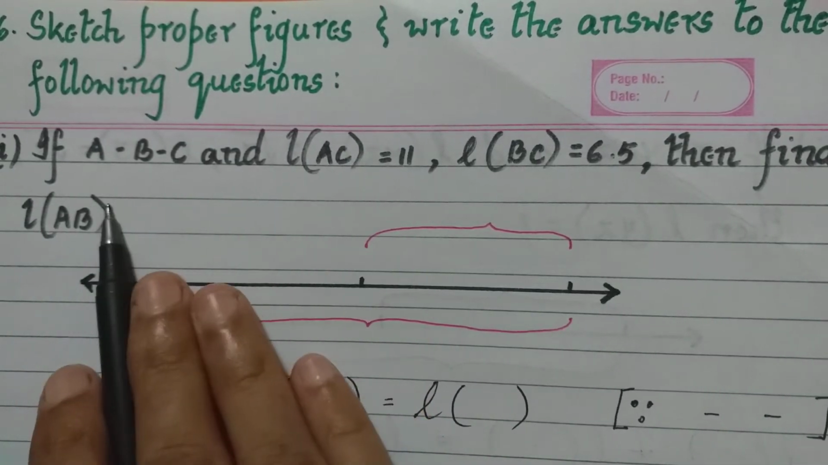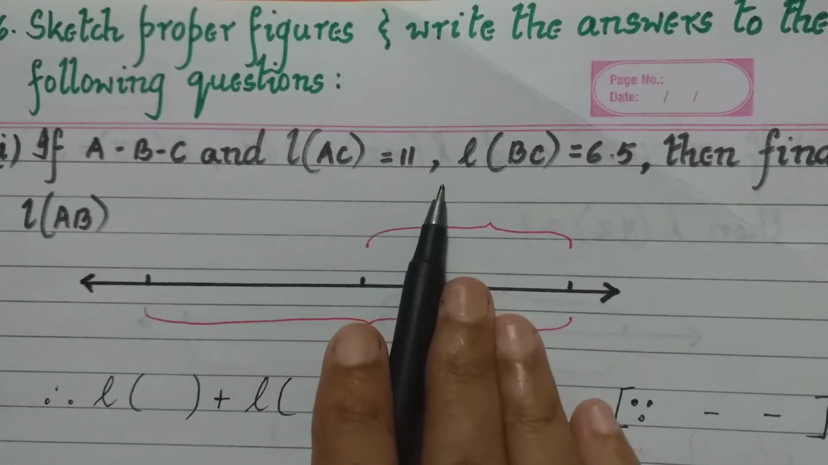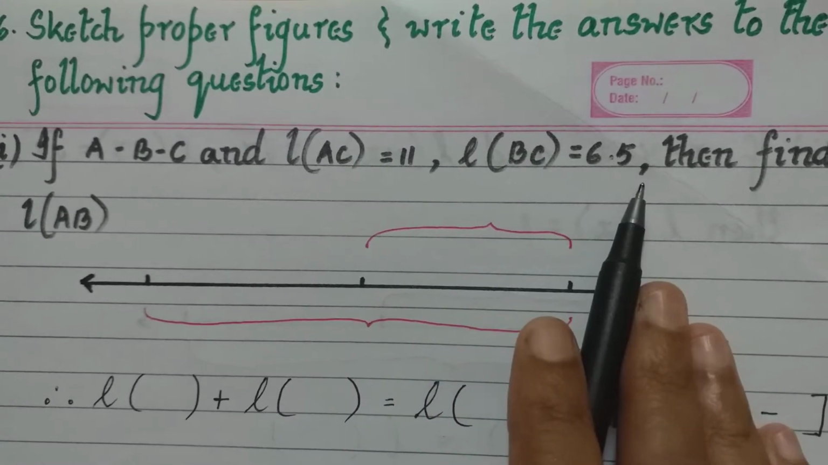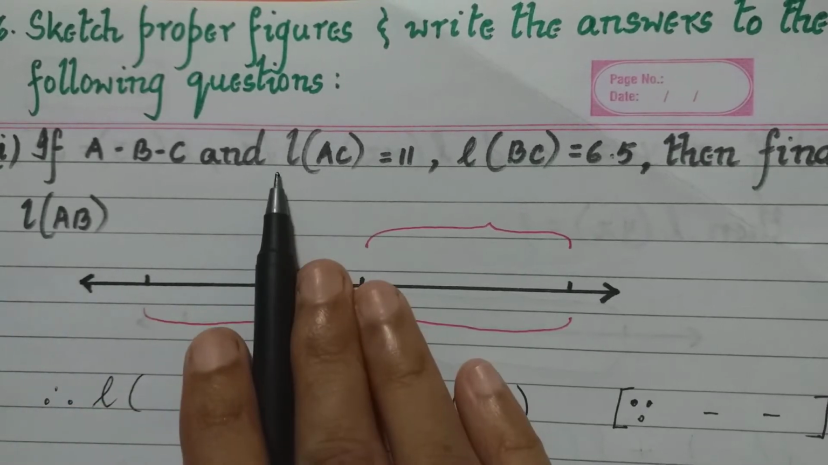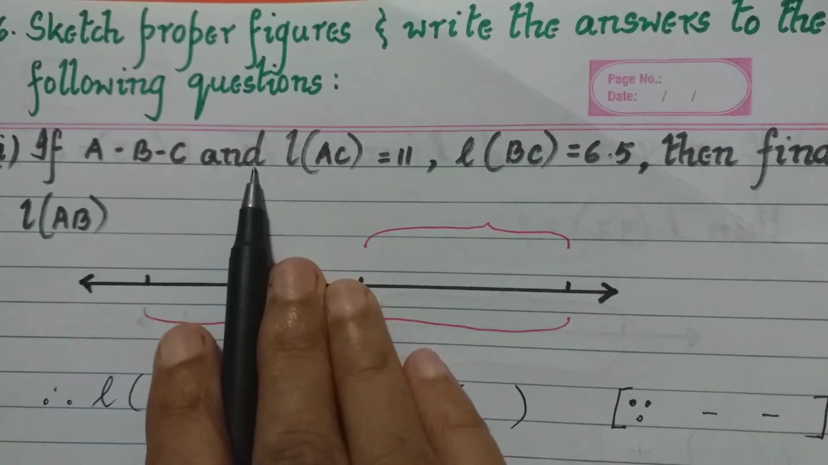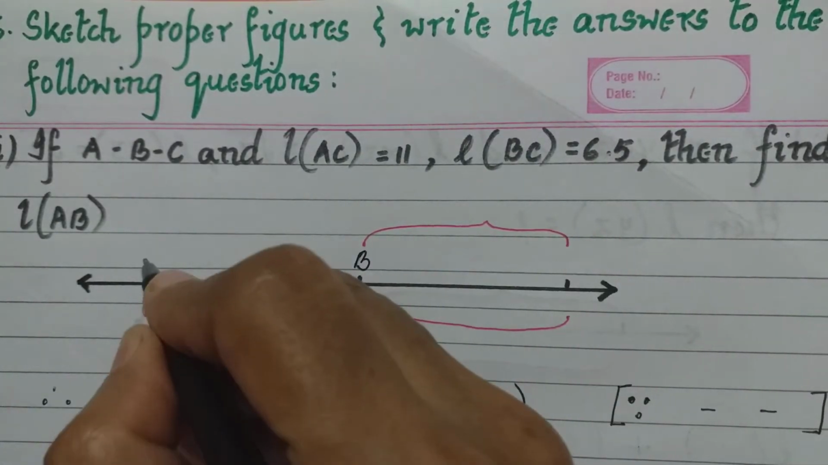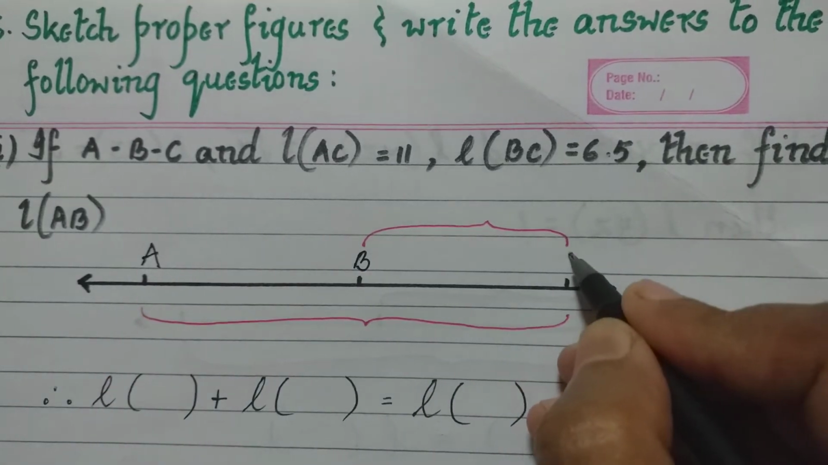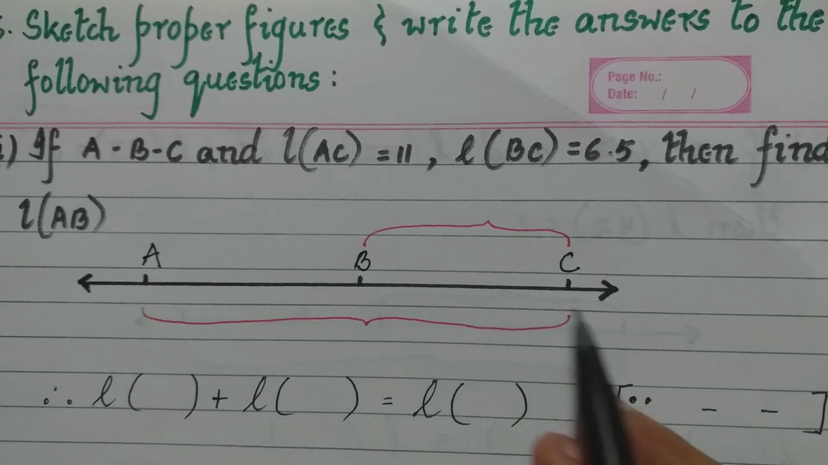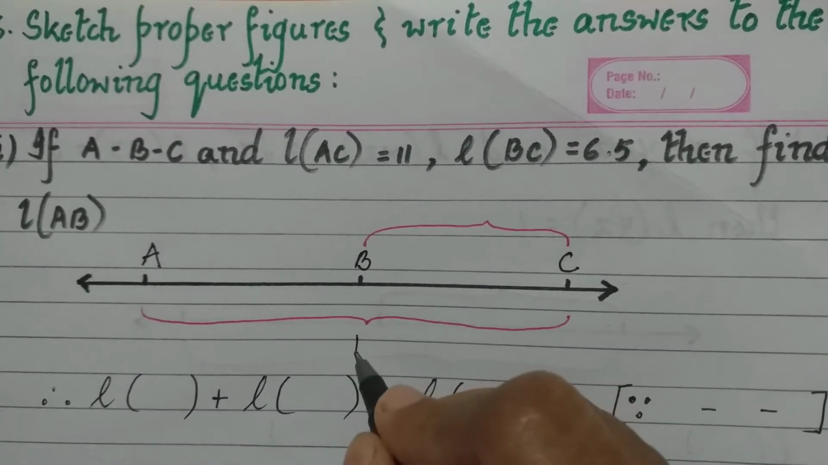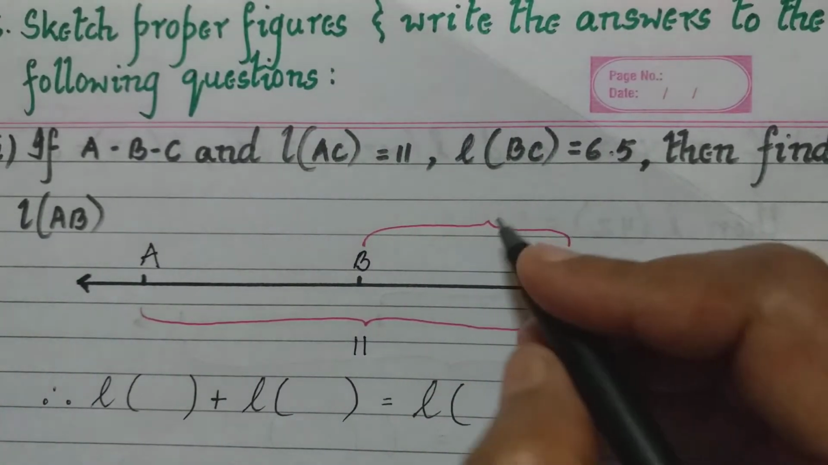So they have given us, we have to just sketch the figure according to that. And in addition, they have said length of AC is 11 and length of BC is 6.5. Then find the length of AB. Okay, so first they said B lies between the points A and C. So I mark here, this is point B. It is lying between the points A and C. Right? Now length of AC is 11. So this entire distance AC, that is 11 here. Okay. Then length of BC, that is between B and C, the distance is